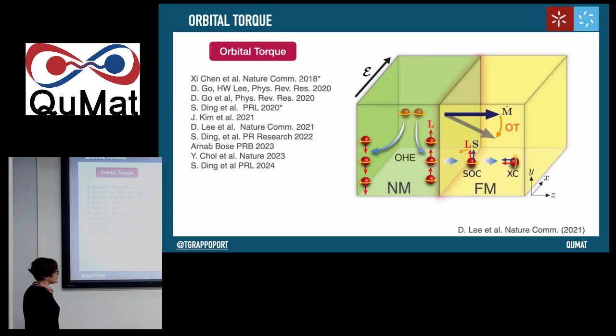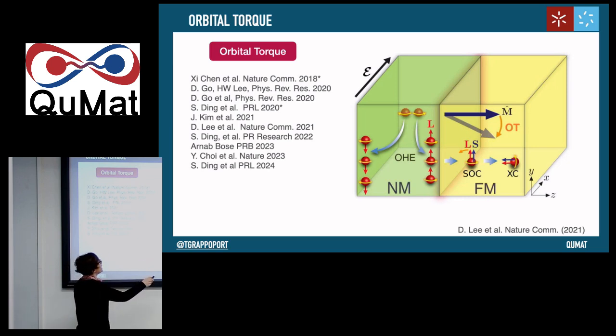Well, there is also, the same way, spin transfer torque. I don't know if you're familiar with this, but the idea of the spin transfer torque is that if you introduce a spin current or you have a spin accumulation at the interface with the magnet, it can produce a torque in the magnetization of the ferromagnet, right? And it can even switch this magnetization. This is what we know as the spin transfer torque.